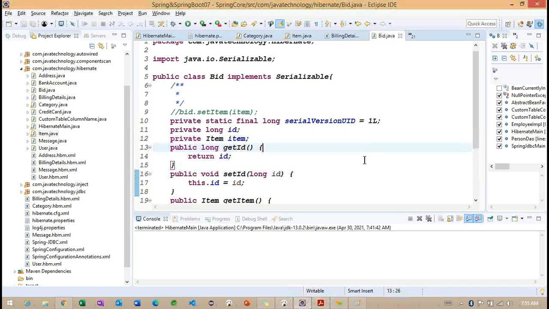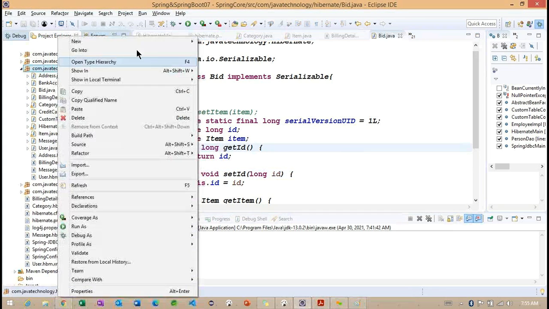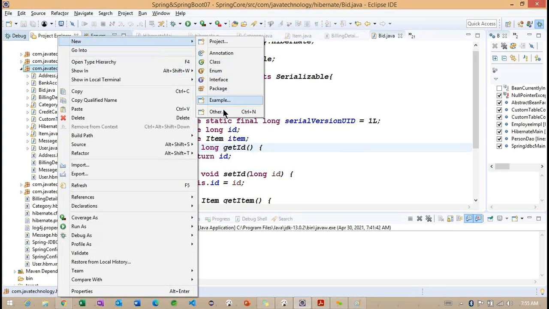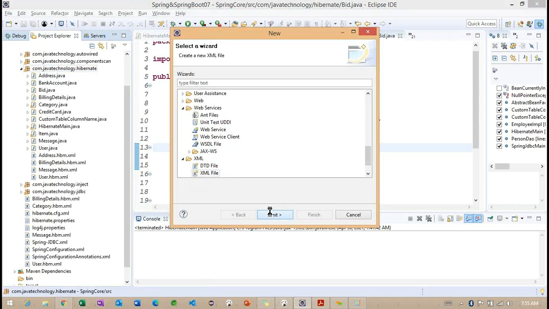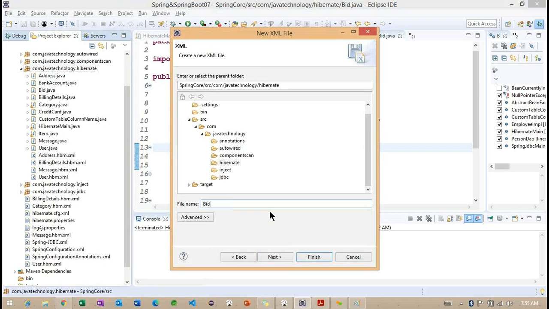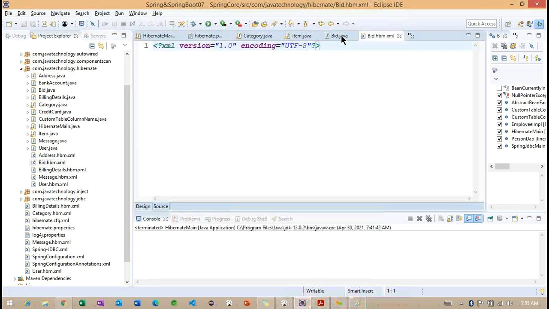So when we are working with this particular bit class mapping, let me create a mapping like an HBM file here, bit.hbm.xml.